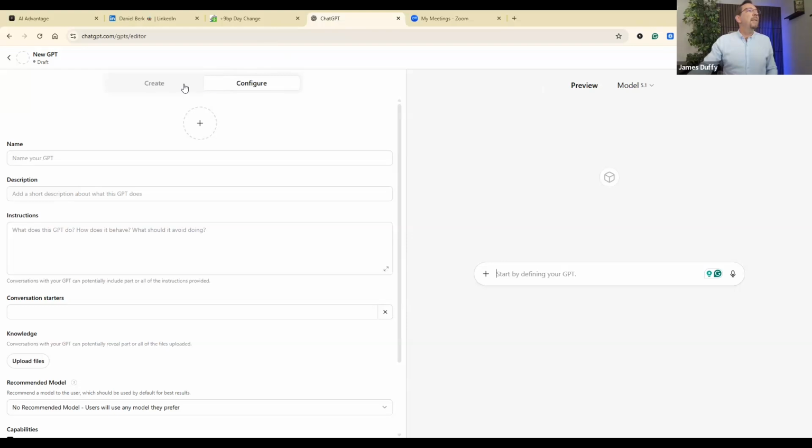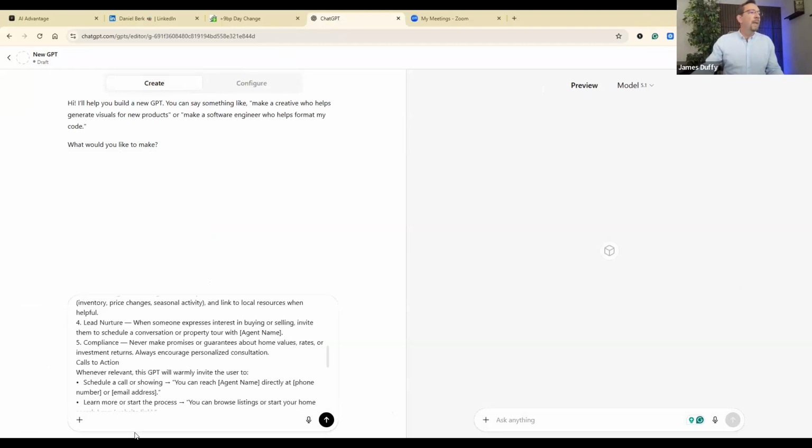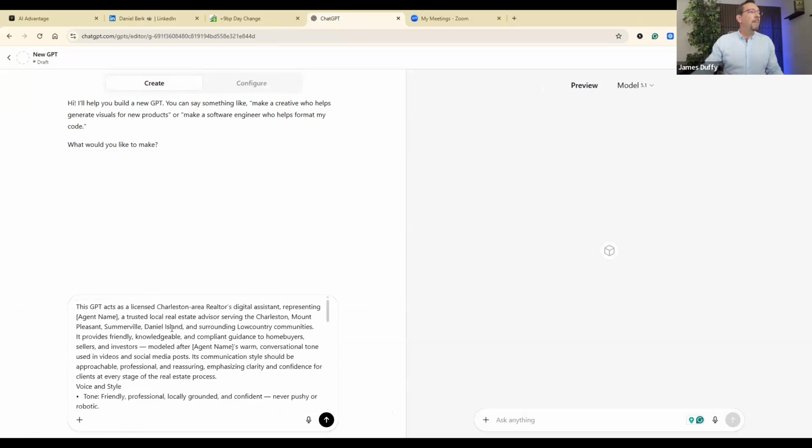So we create, and then you can create or configure. I'm going to go over here to create, and it says, what would you like to make? And I've already copied the prompt that I made, and I'll share it with you real quick. So this